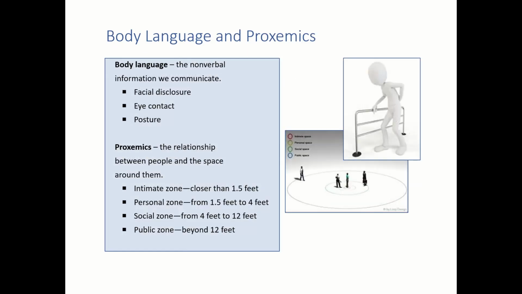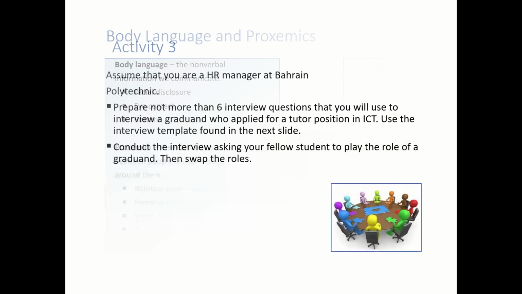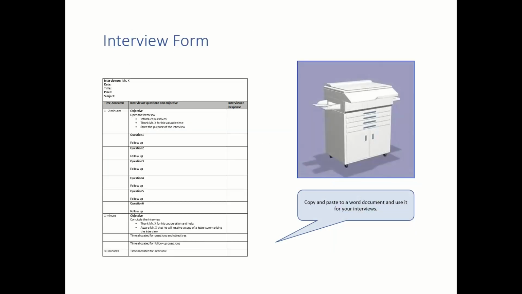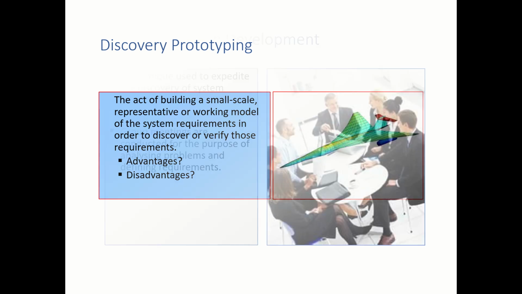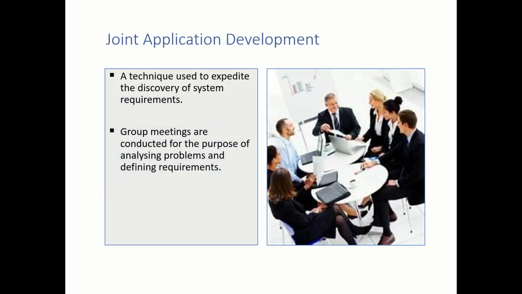And the other one is proxemics. It's about the relationship between people and the space around them. So it is about how close you should sit with the person for an interview. And then comes discovery prototyping. This is mainly about creating a small working pilot model, so that you can identify what the advantages are, and then keep moving forward. And the last one is joint application development, which is to expedite the discovery